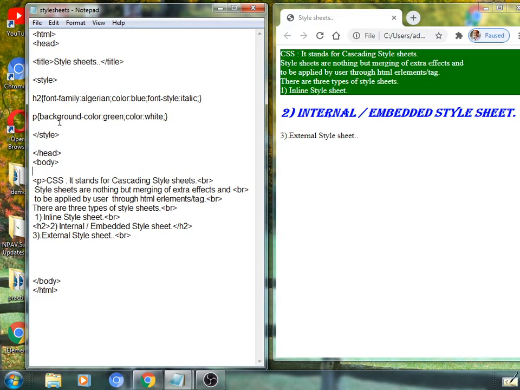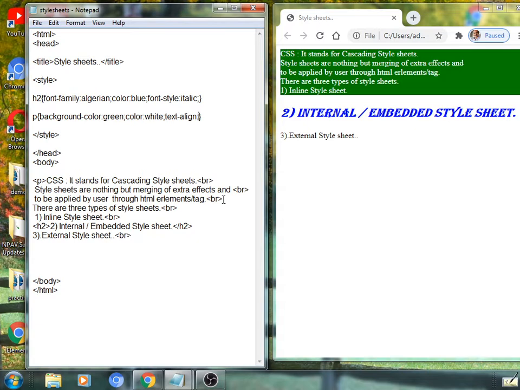Multiple selectors we can prepare, no doubt. One more property is there, called alignment. So apply this effect for the paragraph tag, it is possible again. Text-align. So alignment is nothing but what? Placing a text either on left or at right or at center, as well as justified. By default it is left aligned, at left side.